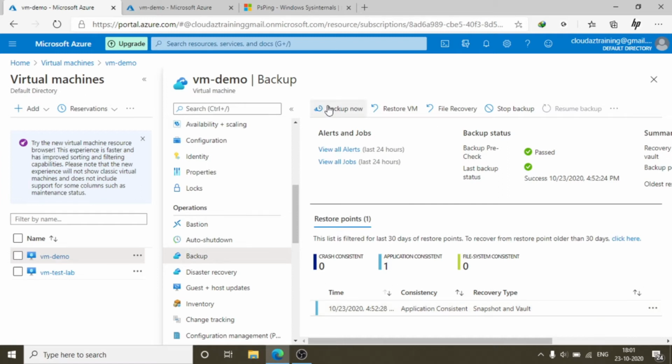So you can take the restore, because till 12 it's running fine. So we can restore from 12.